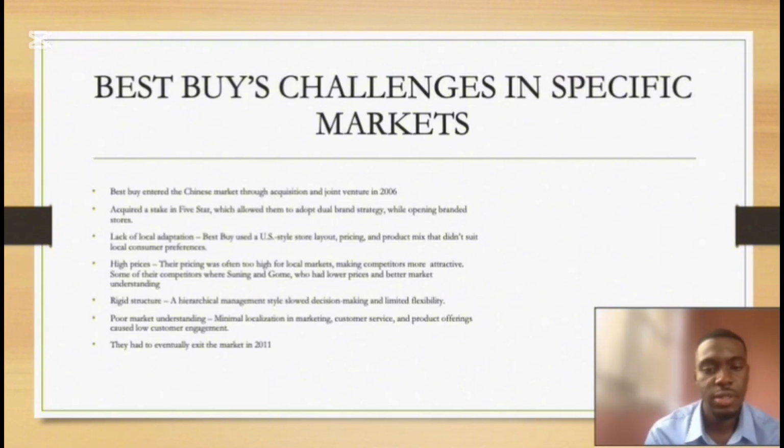Some of their competitors included Sanyo and Gome, which had lower prices and better market understanding. Rigid structures. The hierarchy Best Buy used in management decisions was very complex, slowing down decision making and limiting flexibility. Also,